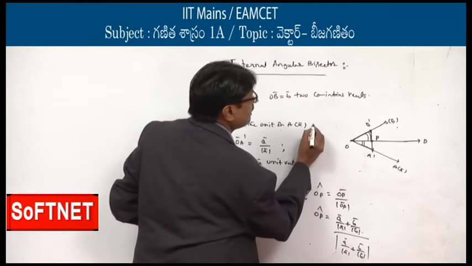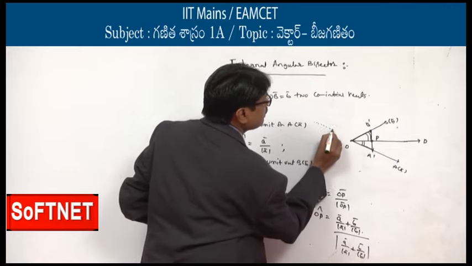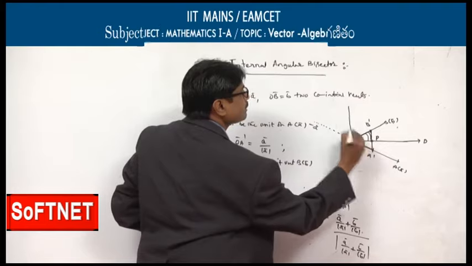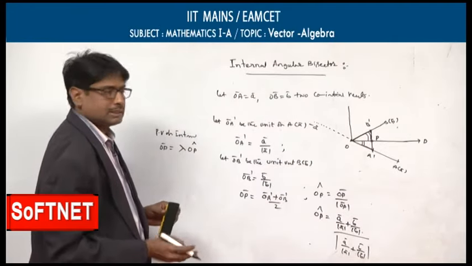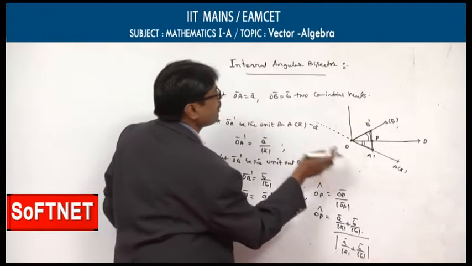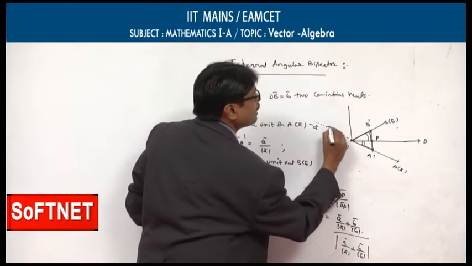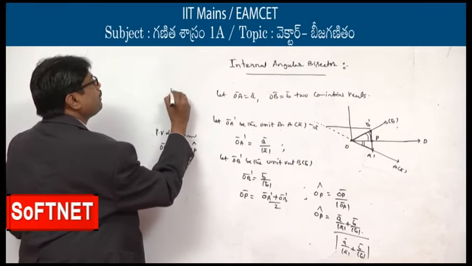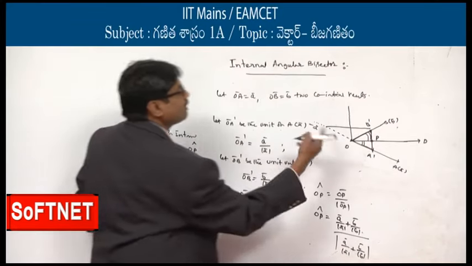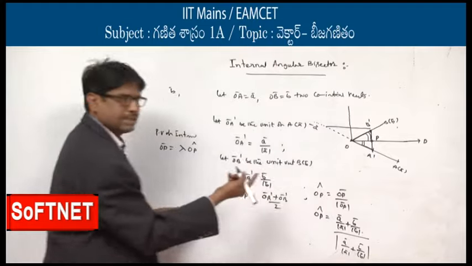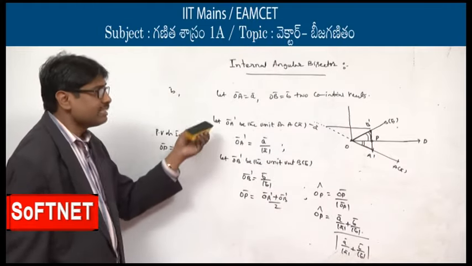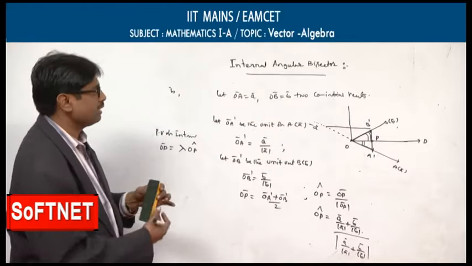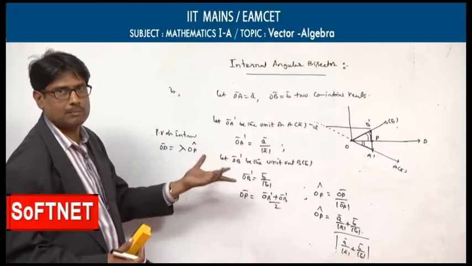Similarly, if you extend here, the external angular bisector uses minus A bar. In the same way, here it is A bar with minus B bar, taking the midpoint; here B bar, and here minus again, taking the midpoint. With the same procedure you can find the external angular bisector's unit vector and its position vector. We did the internal angular bisector and the external angular bisector.